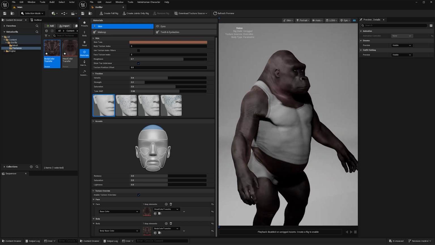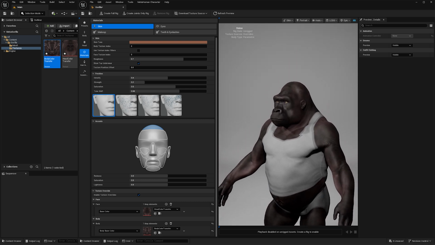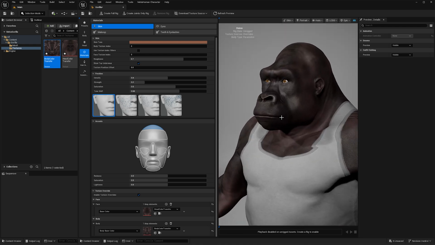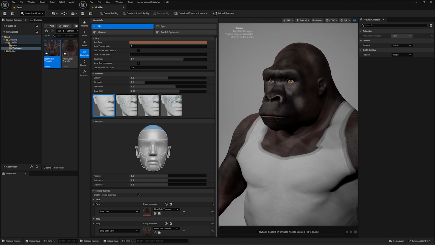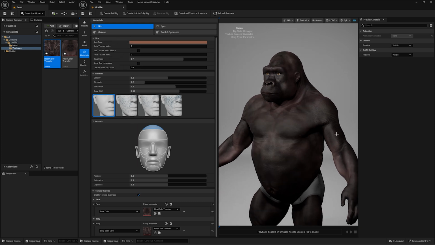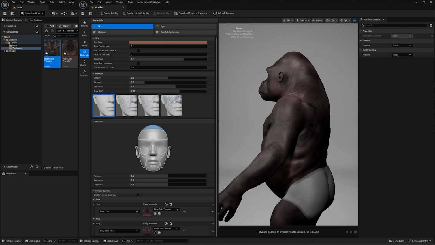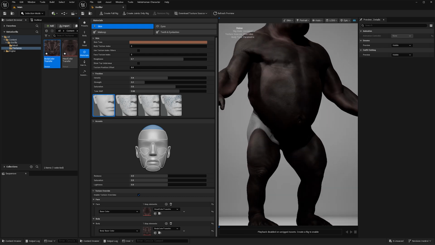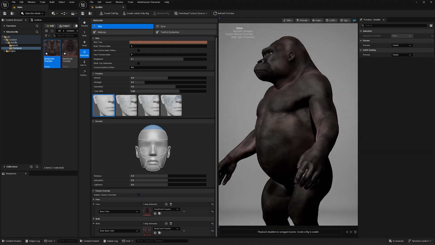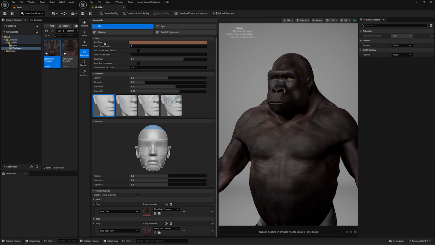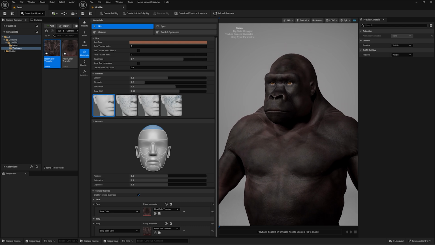Now our gorilla is gorilla colored. Which is super great. We can also turn his top off so we don't get that weird singlet, but he is wearing his tidy whities. Just pretty fun. Cool, so we don't have to worry about skin tone so much because we've overwritten that,